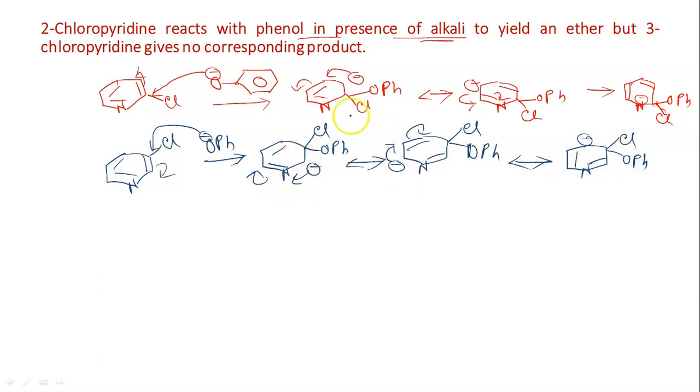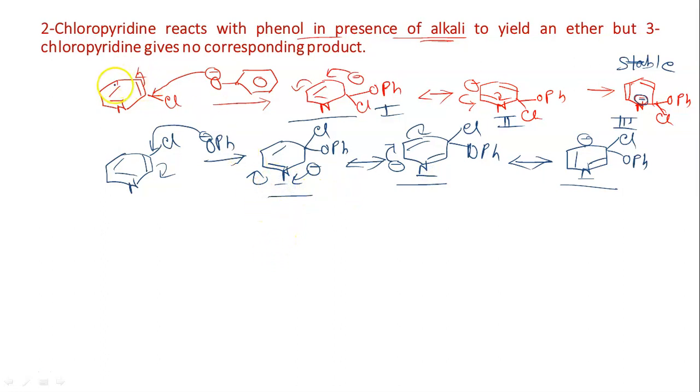So see, if you compare the resonance structures in the first case, that is in case of 2-chloropyridine, in case of the last one, suppose this is number 1, this is number 2, this is number 3. So in number 3 you can see there is directly the negative charge over nitrogen. So this will be a very stable intermediate. But if you look at the second resonance structures, then in none of the resonance structures you will find directly the negative charge over nitrogen.